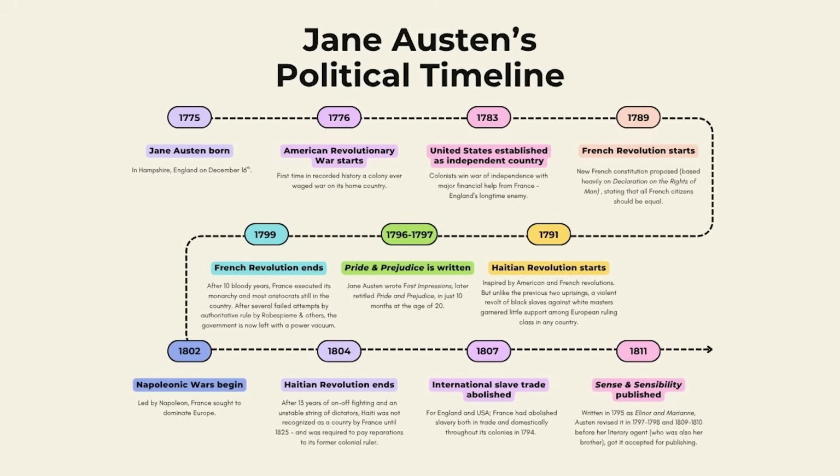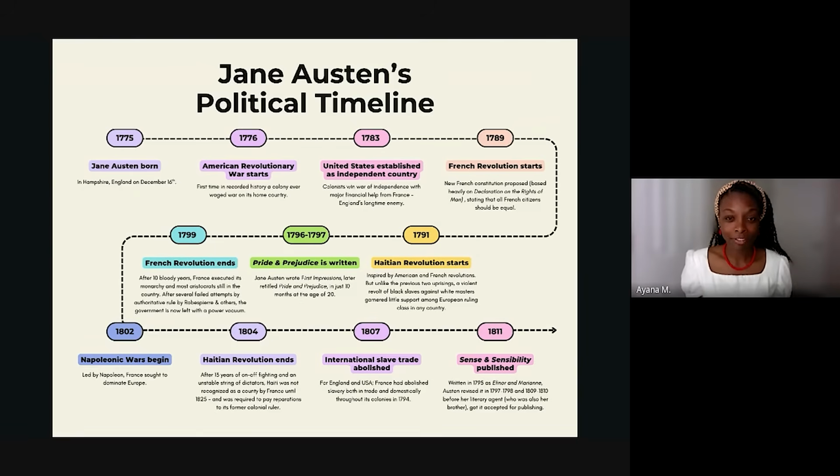And this one was a lot more intensive, a lot more social rather than just political. I would say the American Revolution, America's independent and that was a big deal, but American life didn't really change all that much. French life, though, changes a lot with that Declaration of the Rights of Man, stating that all French citizens should be equal. The American Constitution also says all people should be equal, but we kind of quickly ignore that. The French did not. It caused a lot of shockwaves to be felt throughout the world.